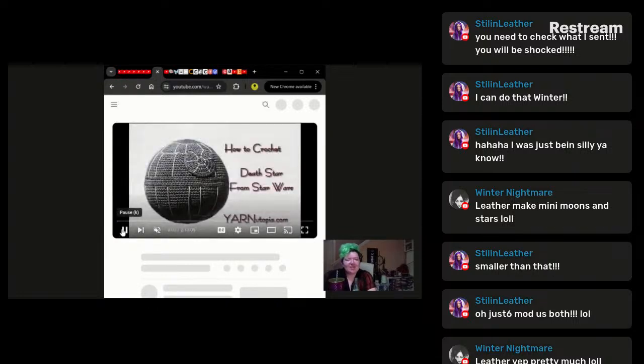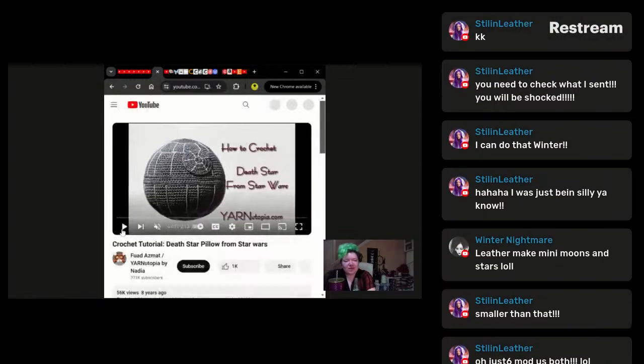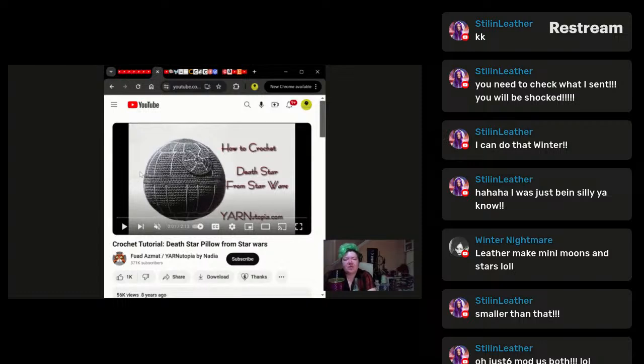Okay, so this is a Death Star pillow from Star Wars. It is very cute. I think having a pillow would be so cute to have, and how could you get cuter than the Death Star? The only thing that this worries me a little bit about is these long embroidered stripes. Now, I feel like they could get caught on things